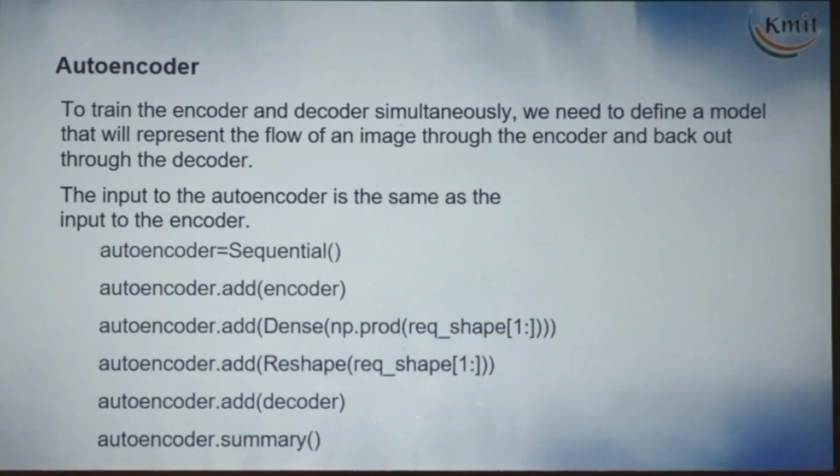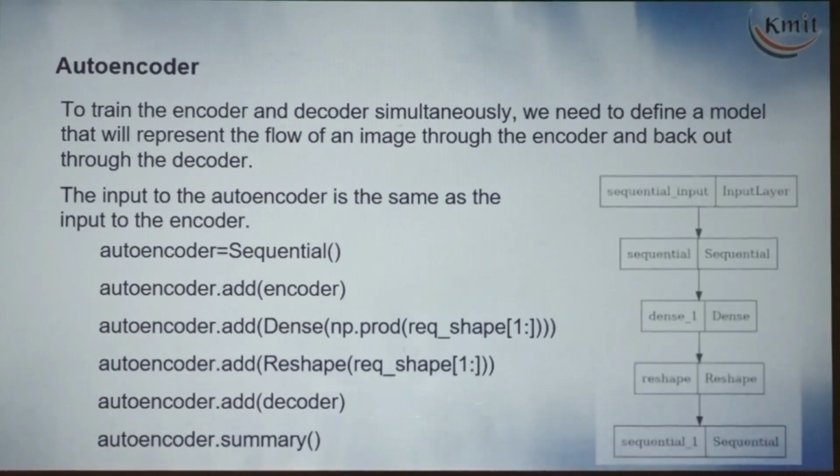After this comes the autoencoder. We have to train this. Before training we have to combine these two. We designed the encoder separately and the decoder separately, and we have to combine them. So I am taking one more sequential model, autoencoder. Autoencoder dot add of encoder, I am just adding the encoder, and here I am adding one more dense, and then reshape. Actually that we can remove. Okay, and then add of decoder, and then I am getting the summary.